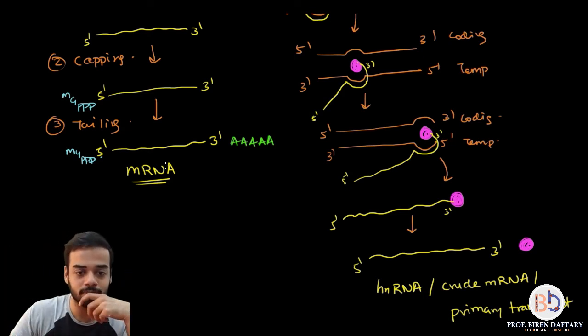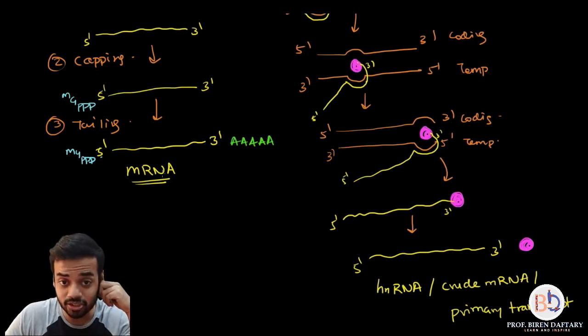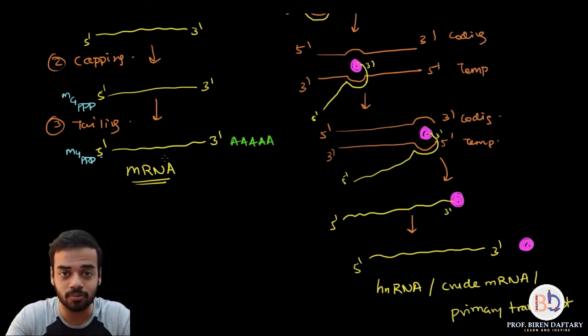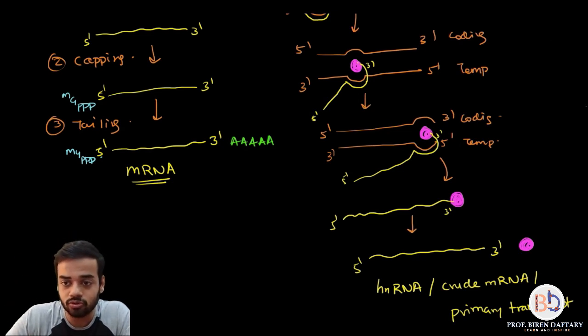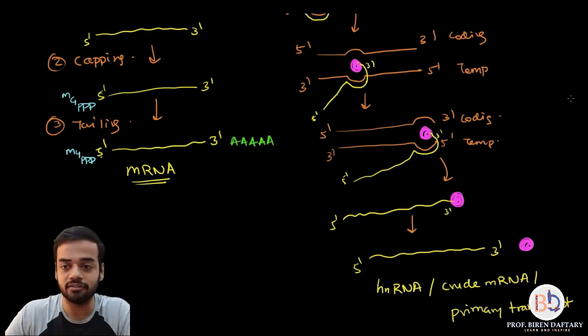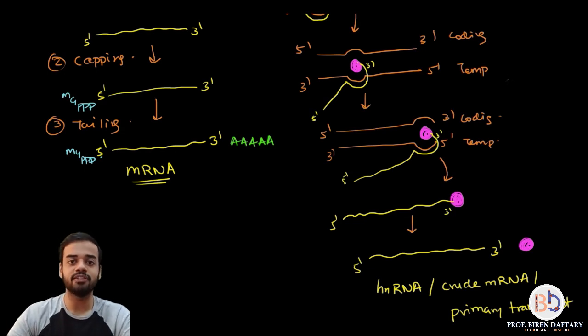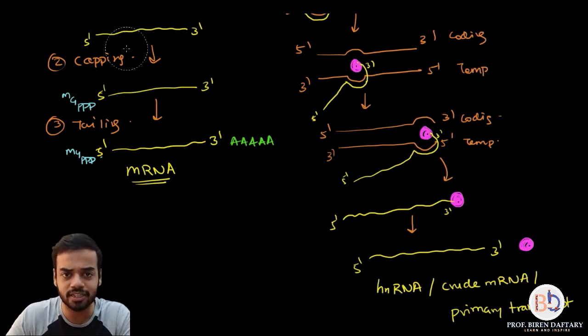Now this purified mRNA, which is present inside the nucleus, is going to go outside the nucleus into the cytoplasm, and there it is going to undergo translation. Okay, is this part clear? So with that we have completed revising transcription. Our last part for today is going to be the genetic code. That part doesn't require revision, but I'm just going to take up the properties of the genetic code.